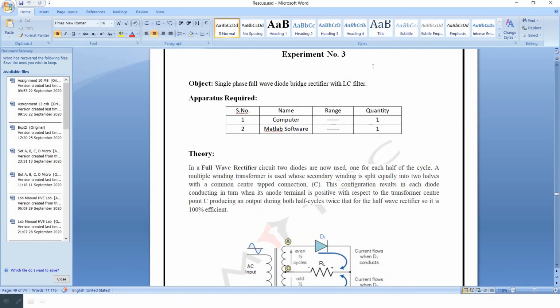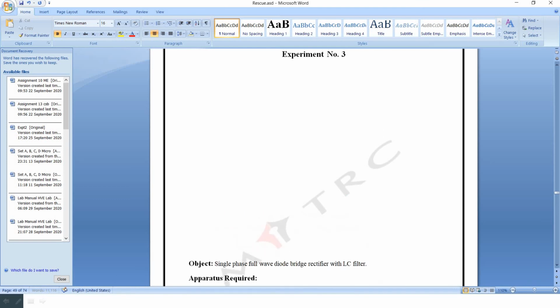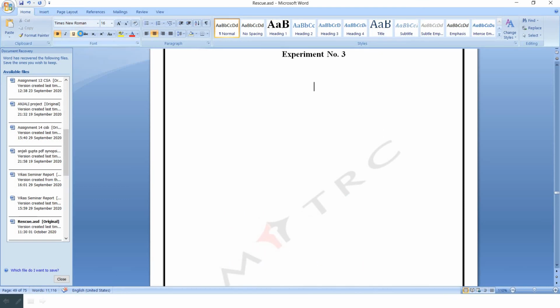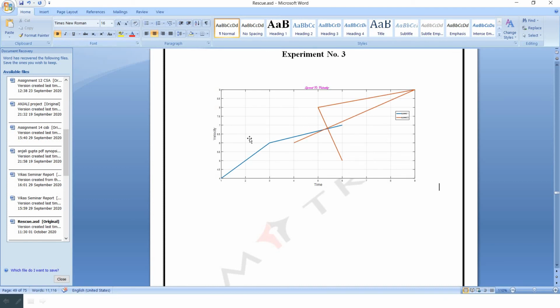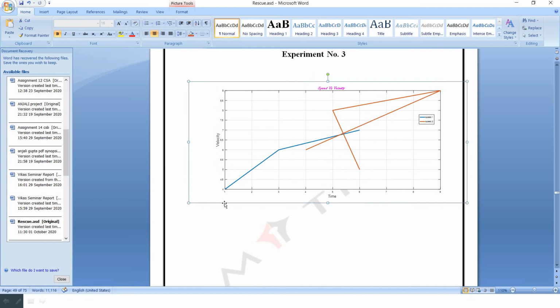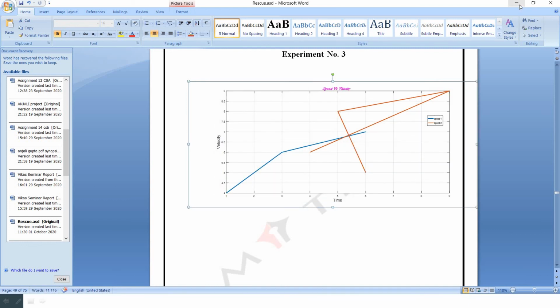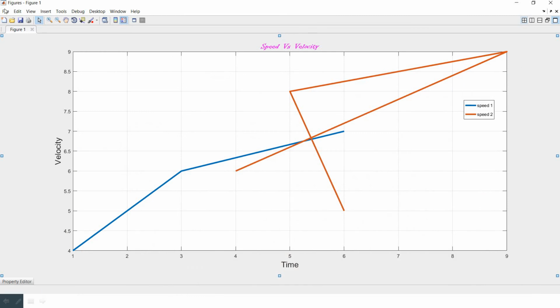Let's say we have opened up this Word file, and you want to copy the figure, so just press Ctrl V. You can see it has come to the Word file. So this has shown how we can copy the figure, and if you want to print the figure, you can print it from here.